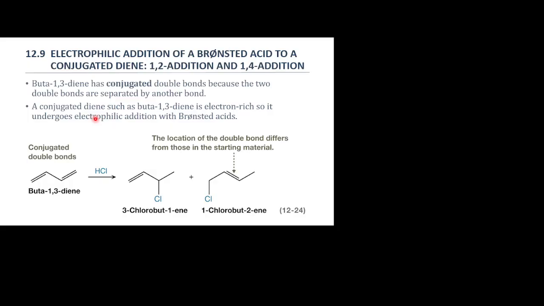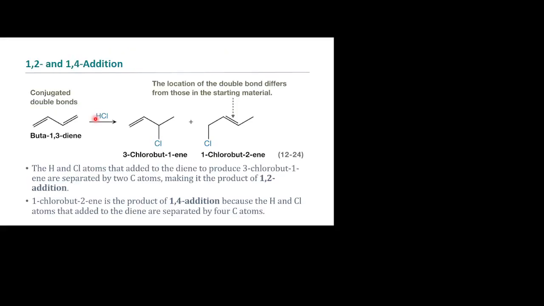Okay. So again, remember that it does not matter what the actual numbering is. Okay? It's just telling you the difference between those. So if you start counting on that hydrogen one, if you want to do a 1,4, you go 1, 2, 3, 4. Now you put your chloride.